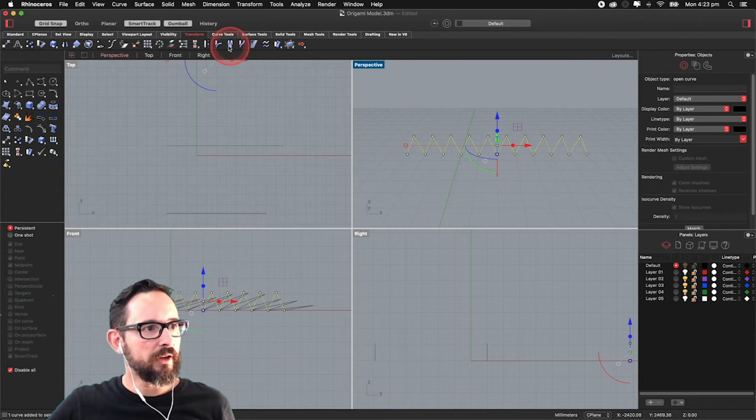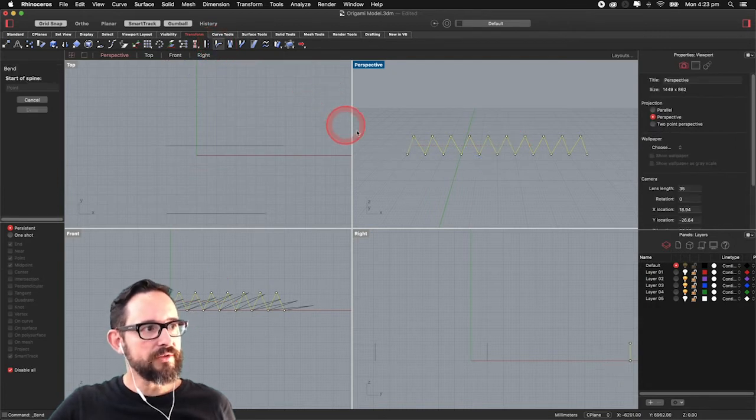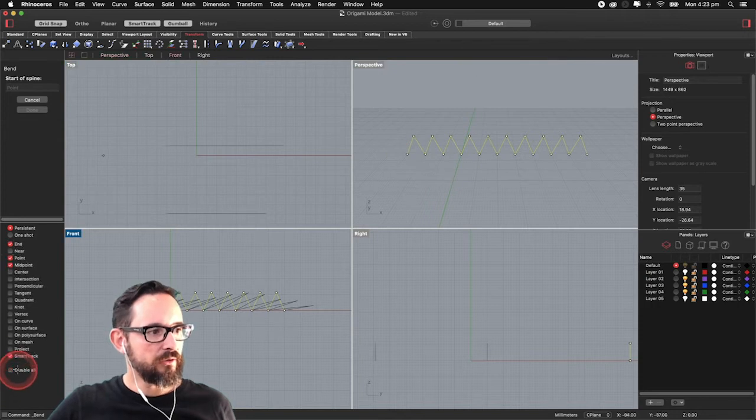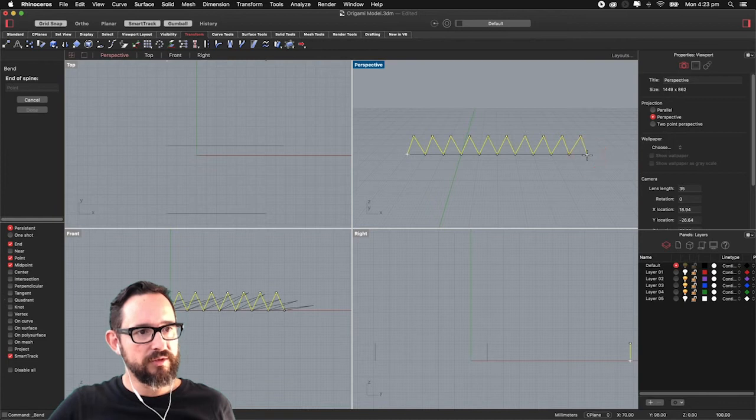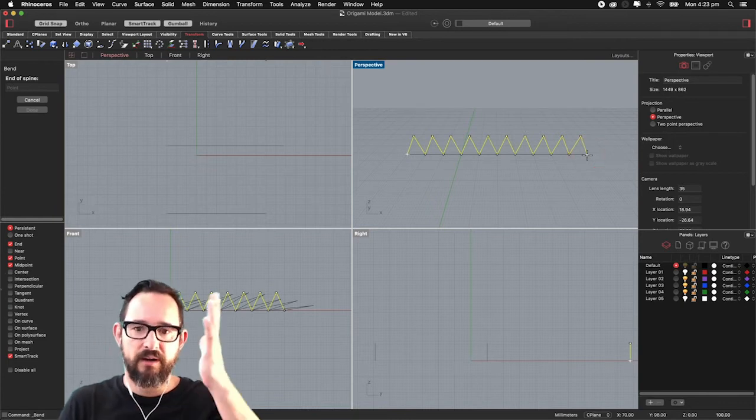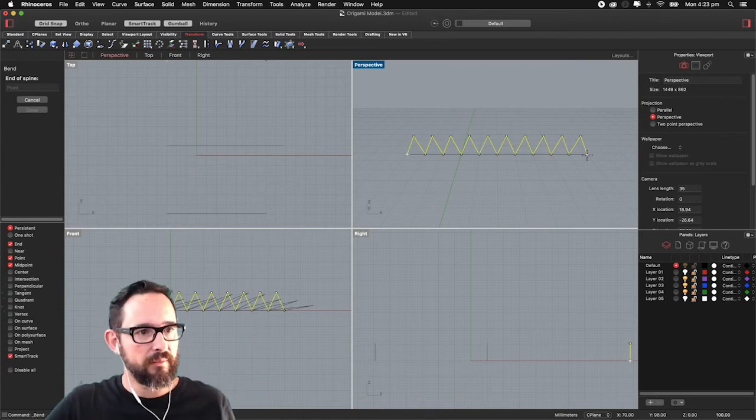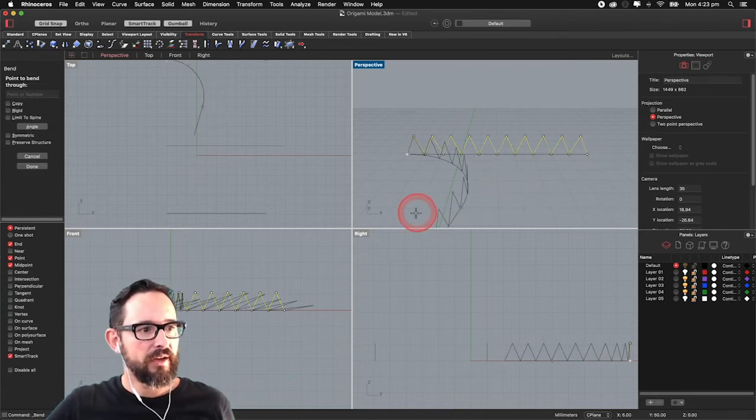And for that I go to the transform tools. There's all these kind of twists and zigzags and elements here, as you can see, and I'm going to use this one, the bend. So the bend will start at the polyline. Again, it's good to be accurate, otherwise you'll get different results. The end of the spine, basically this is where it's going to create that bending curvature,